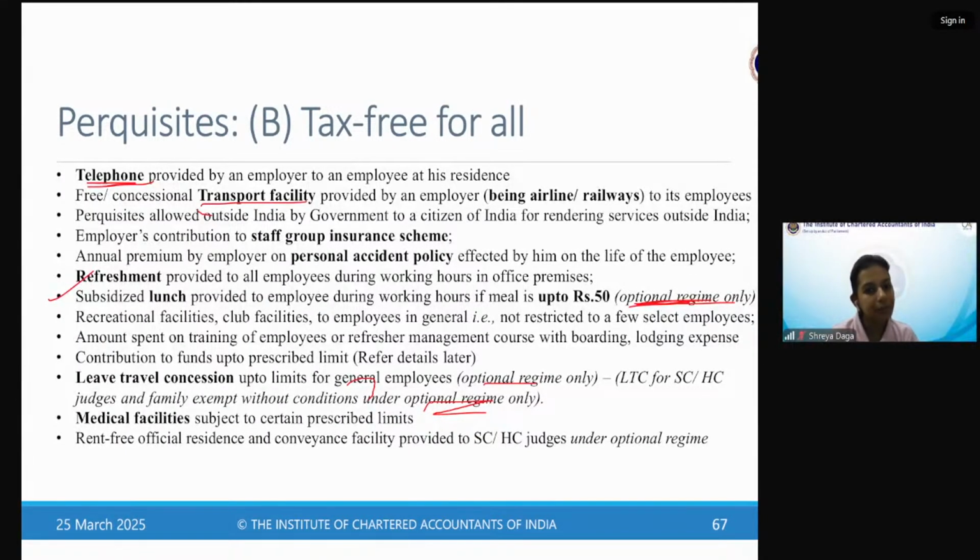benefits. Okay, certain types are taxable also. उसके बाद rent free official residence and conveyance to Supreme Court and High Court judges under optional regime, this also we did earlier कि बाकी लोग को तो मिले तो taxable for all, पर सुप्रीम कोर्ट हाई कोर्ट जजेस को मिले तो एग्जेम्प्ट अंडर ऑप्शनल रेजिम ओनली, ओके।